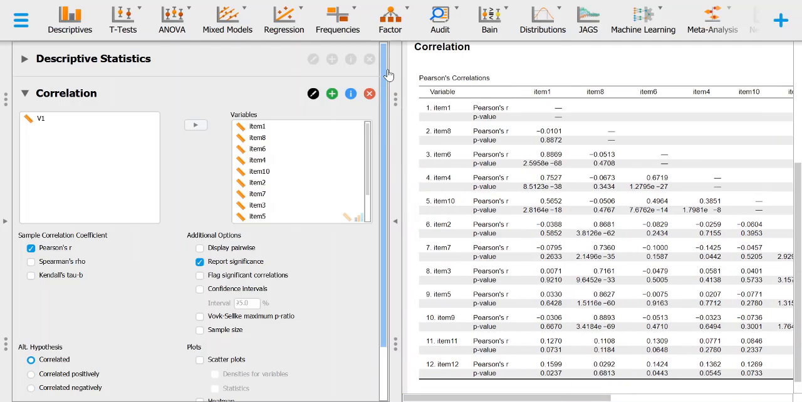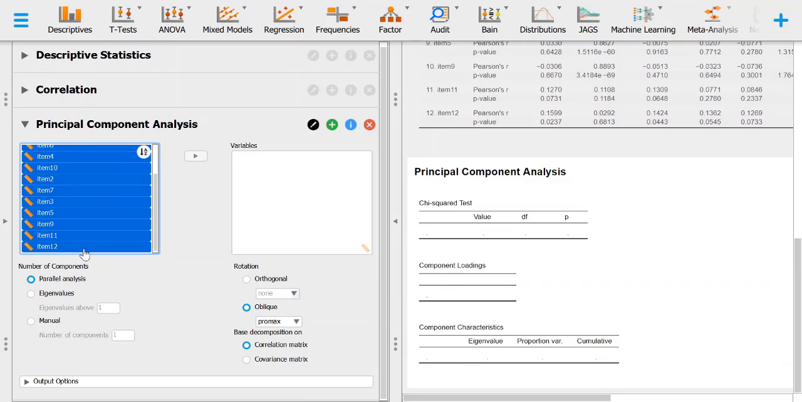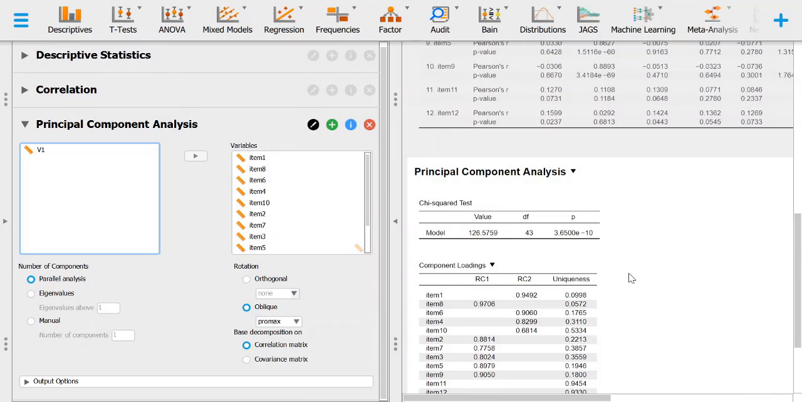And then we go to the factor module, and we start with principal component analysis. And we do the same. We select all the variables and we move it to variables, and now we get the results. Now we are going to choose eigenvalues here and to put eigenvalues above 1 as the threshold to keep the